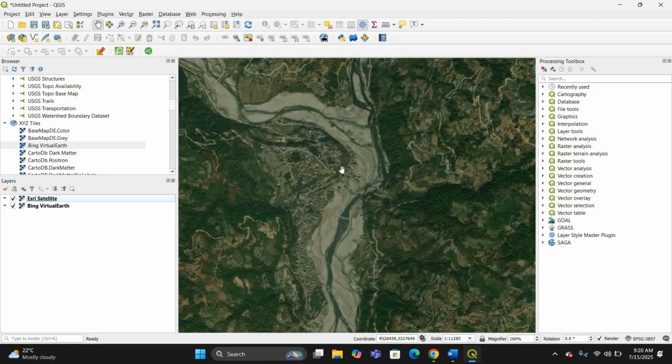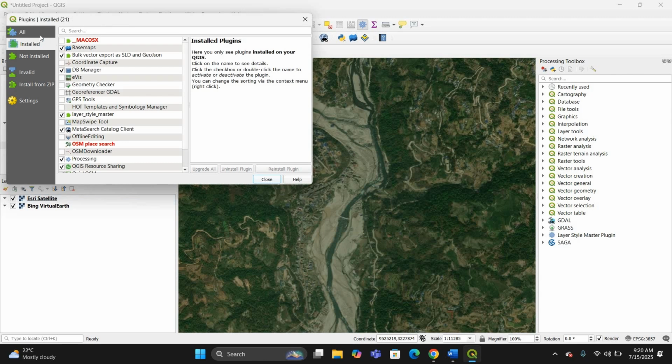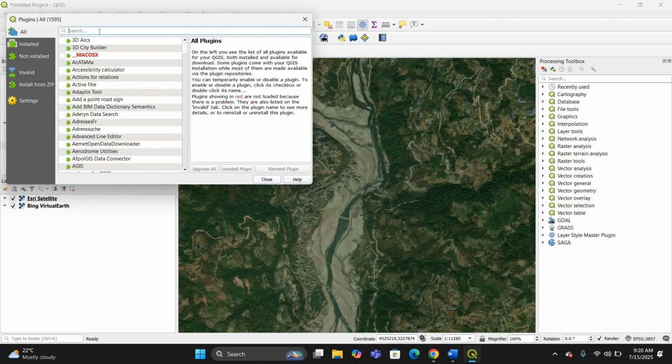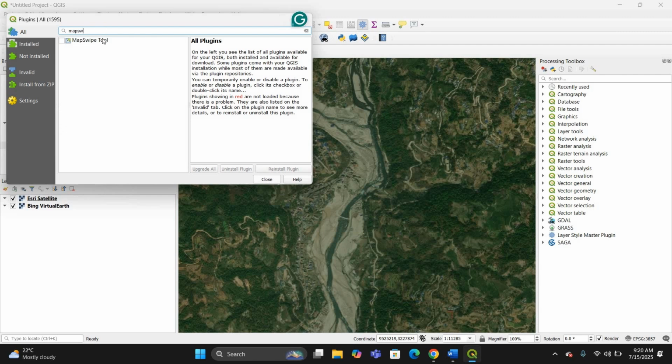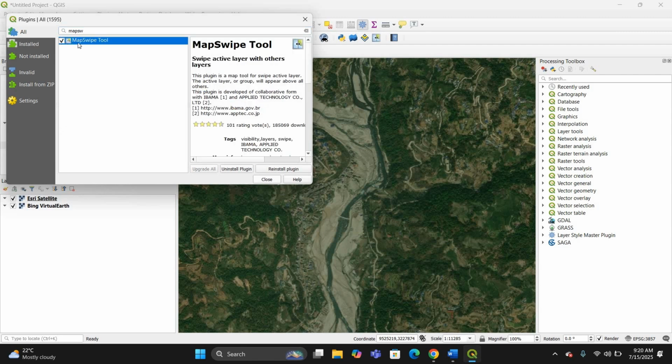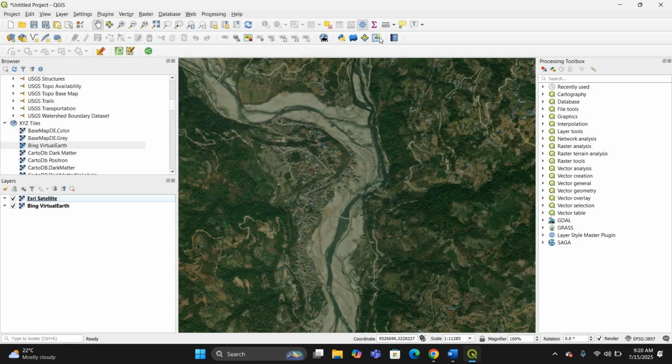This is the place where Melamchi got flooded, and now I go to plugin, manage and install plugin, all, and I search map swipe. Okay, this is my tool, map swipe tool, and I just turn it on. If you haven't installed it, you get the chance to install here, and then you click on install and close it. Okay, so once you do that, map swipe tool will be on over here,